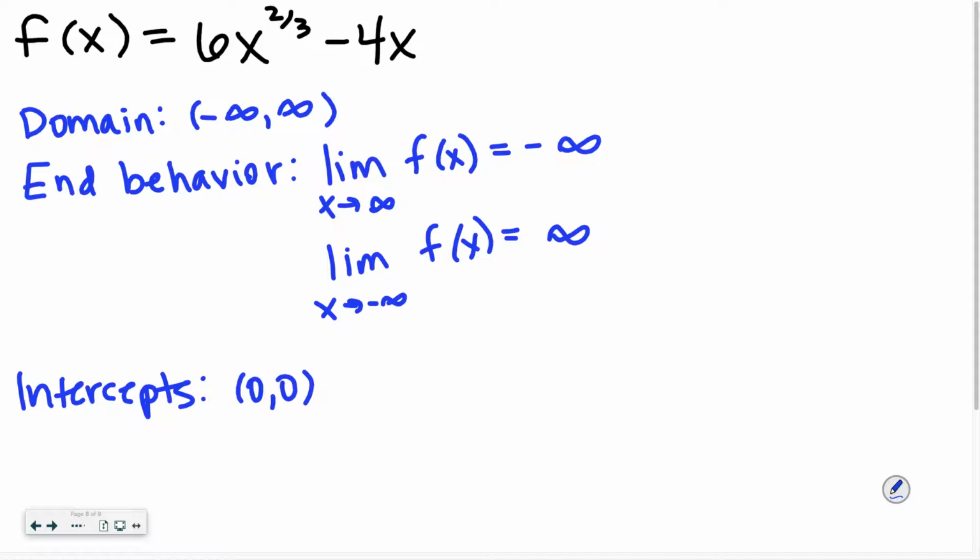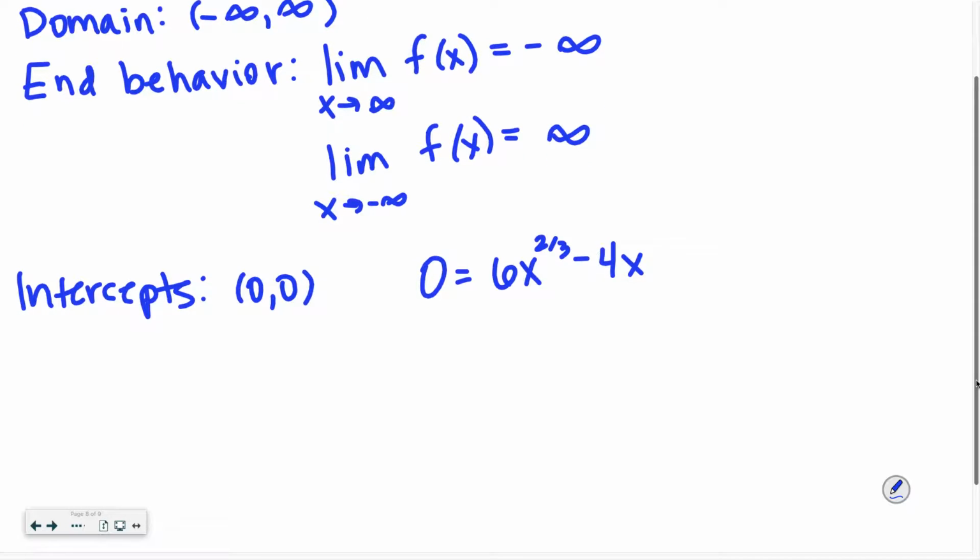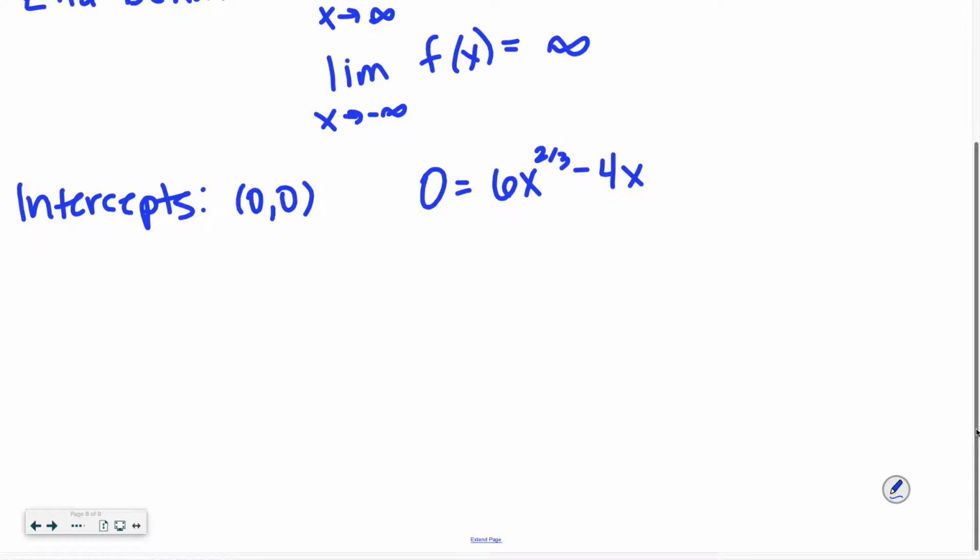We need to set our function 6x to the 2/3 minus 4x equal to 0. Okay, now we're not really used to factoring with anything like this, but we can look at this and say, you know what, we do have a GCF. Okay, we have a GCF of 2x to the 2/3. And I know that feels a little uncomfortable, but there is a 2/3 power in this x to the first power. Okay, so if we factor out 2x to the 2/3, here